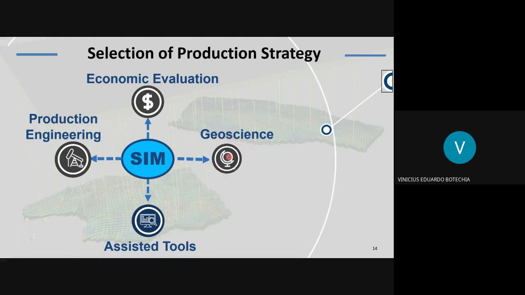You can integrate with geoscience to have better models, to make better forecasts and take the best decisions possible. So you can integrate geoscience with simulation, and you can have other tools like optimization algorithms and so on. The final objective when you talk about production strategy is to take decisions, and it can be at different stages of the field. It can be at the beginning, it can be at a later stage of the field, but we are always talking about decisions.